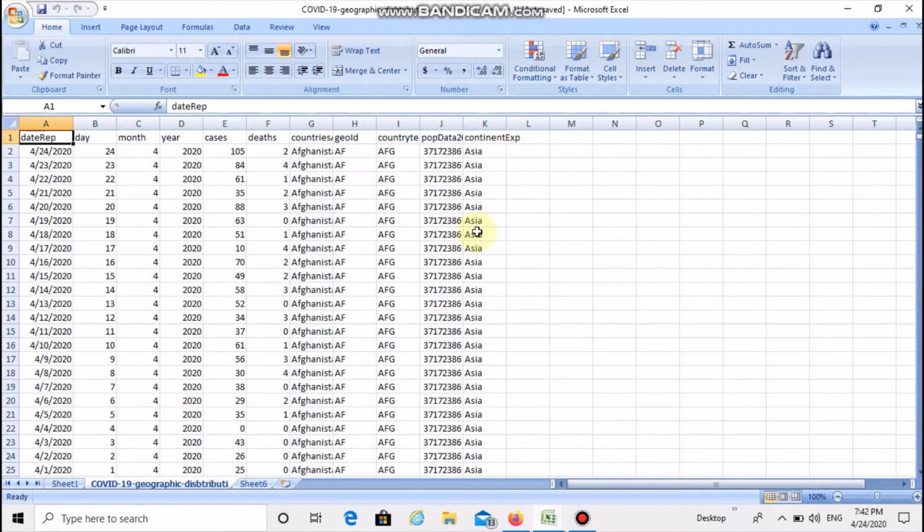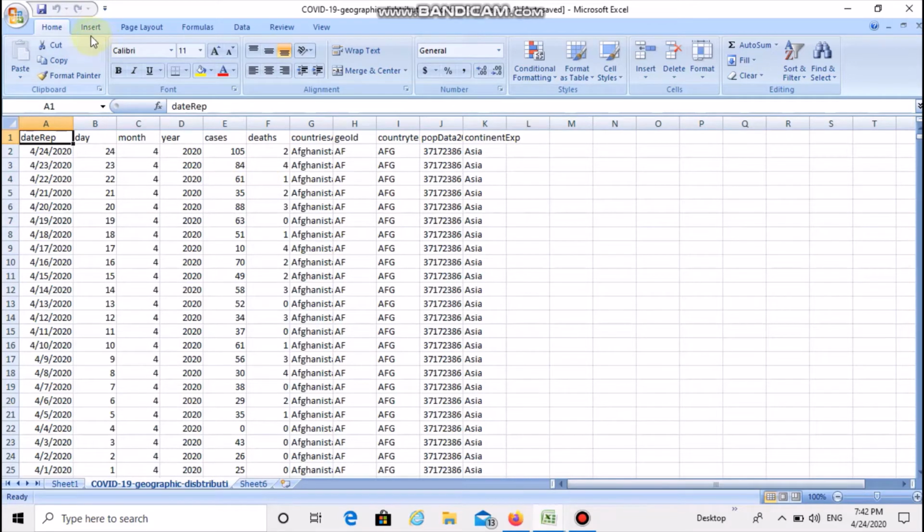Okay, it is very huge data. To do analysis is very difficult. For this, we use a pivot table. For example, I want to know country wise total number of cases, total deaths. That's all. So how to do it?